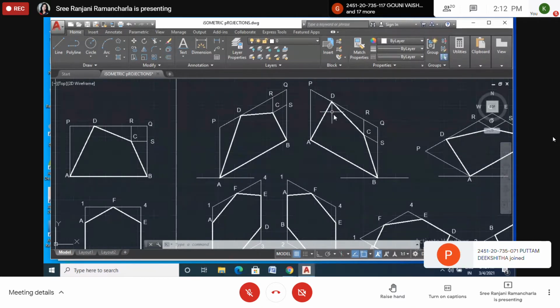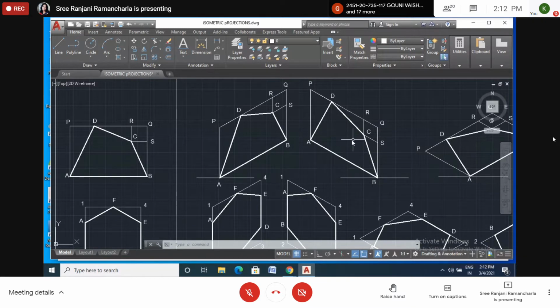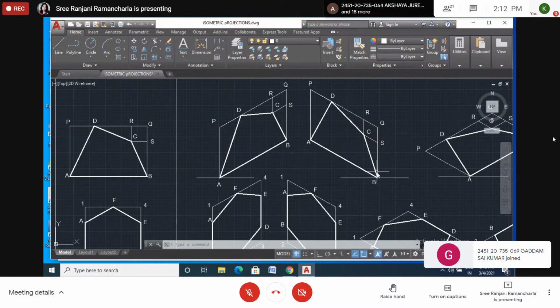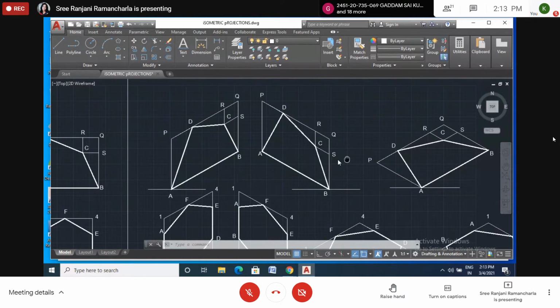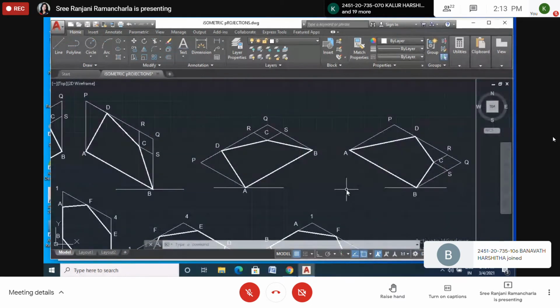Okay. So here also this is one side, the right side. This is the left side. So in this way also we can draw. If this is the corner A, what is the right side of A? This will come here. Okay. If you take corner B on the horizontal, then what is the position? What is the left side of B? This is the left side of B, and this is the right side of B. So we have drawn the left side and the right side. Okay. Now drawing the rectangle around that shape, we can draw the isometric drawings. So these are the side views, side faces, and these are the top faces. Right? In this way can do.